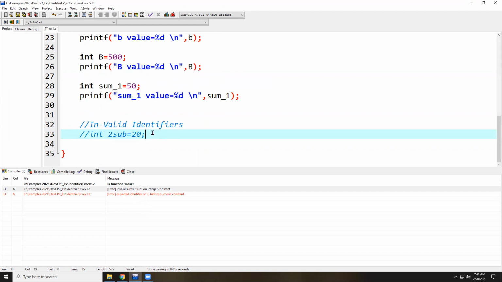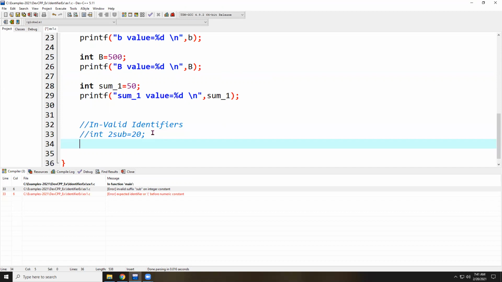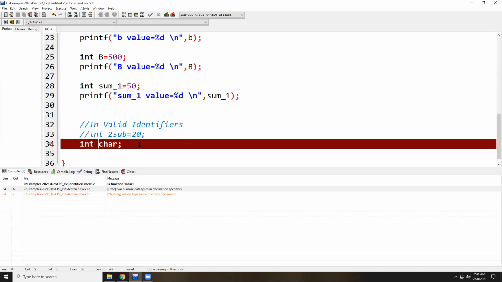Okay, the second case I explain in invalid identifiers. Suppose I declare a keyword as an identifier. Int is a keyword, char is also a keyword. Say I write char as an identifier. You cannot use any keyword as an identifier. Again we get an error. The compile time error is clearly thrown: two or more data types in declaration specifiers.